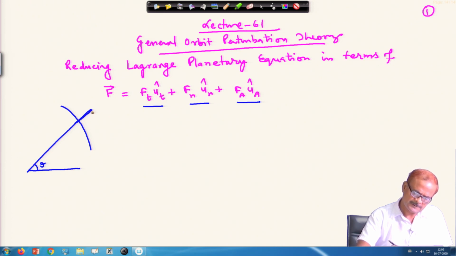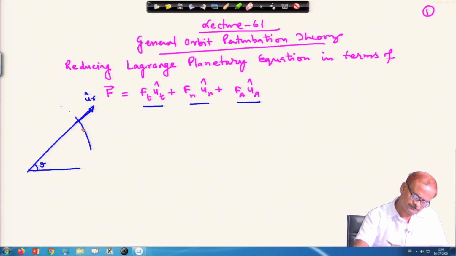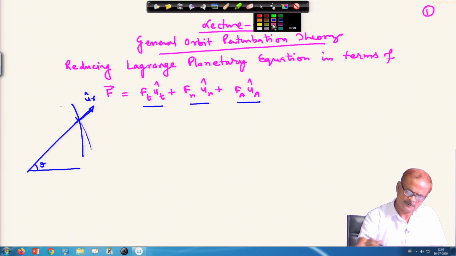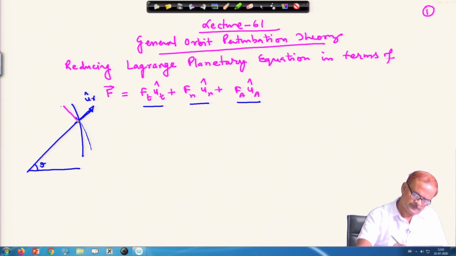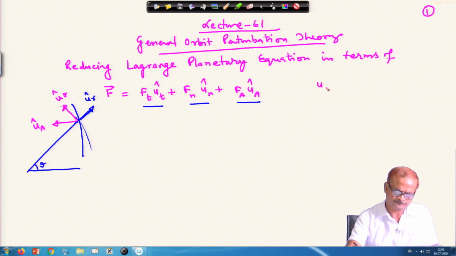See, in the earlier case our u r was in this direction, and I will change the orbit a little bit. And u theta was here in this place, and then u a cap was like this. So, we have written